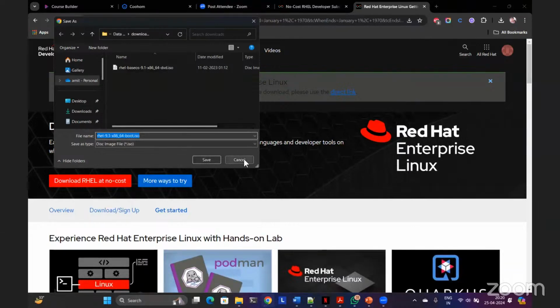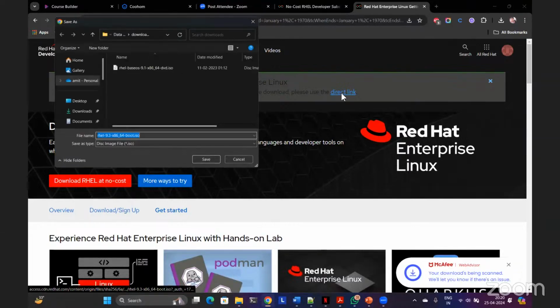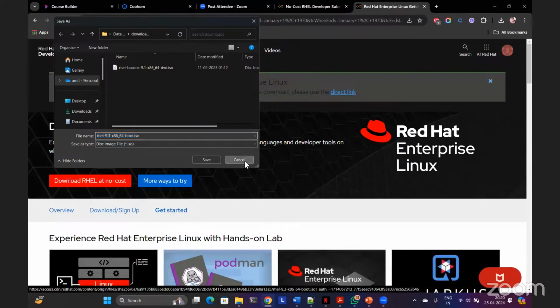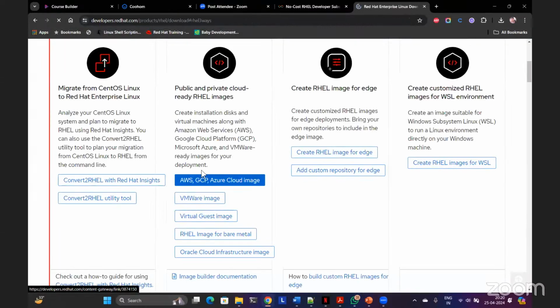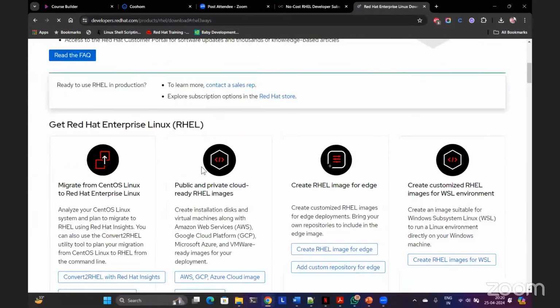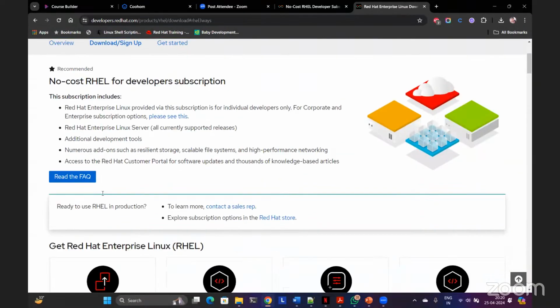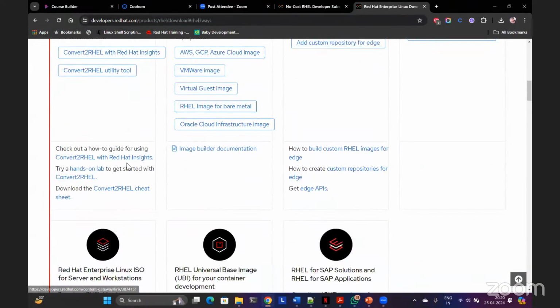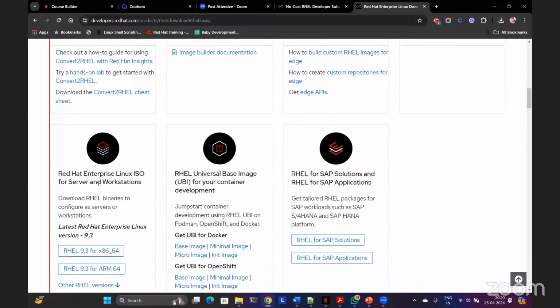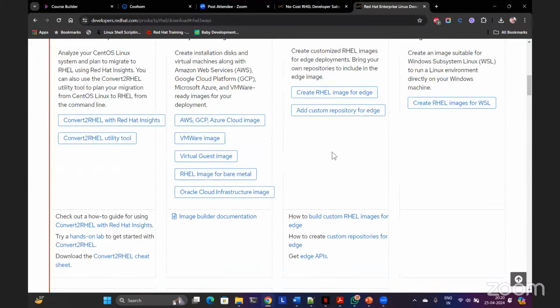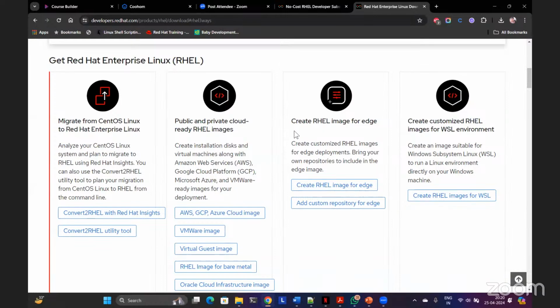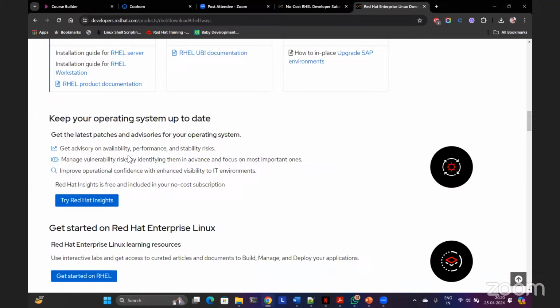Again, boot ISO. No, no, no. Click on blue link. No, this is not the correct one. More ways. Okay. So here it says RHEL Linux ISO server. Customize RHEL. Migrate from CentOS.